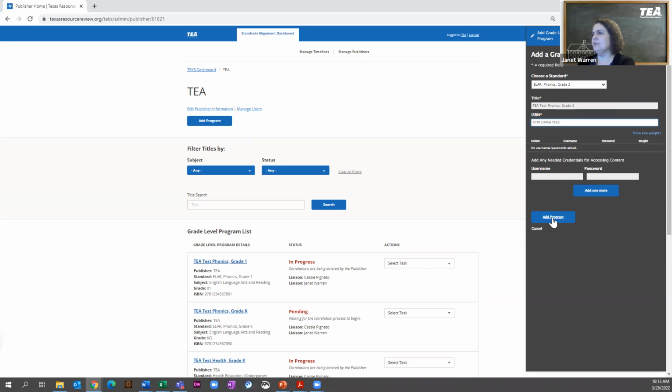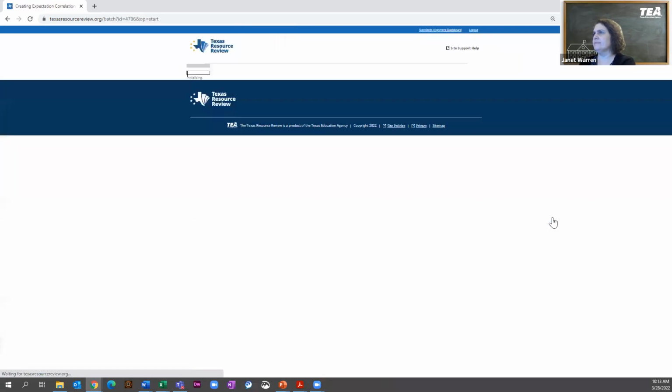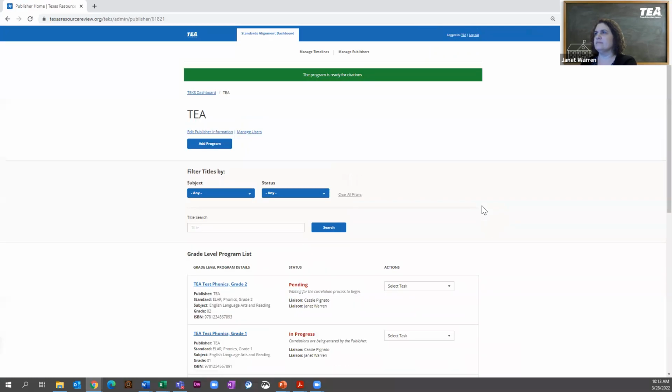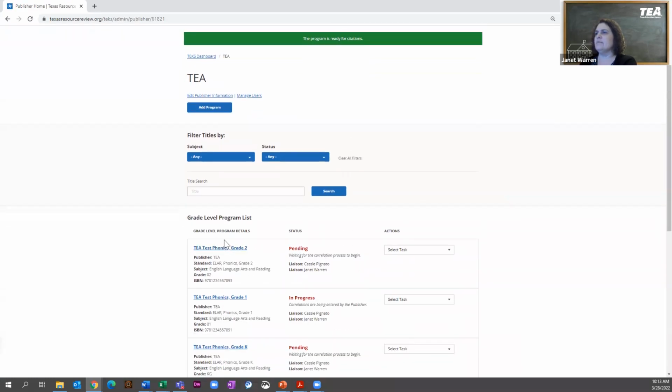Then you'll click Add Program. It'll take a minute to initialize. Then you'll see your program and the list of the programs at the bottom of the page. If you need to make any edits to this program, you can click on that link. You're also able to manage your users by clicking on Manage Users and add additional users.